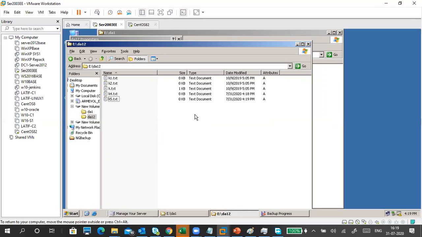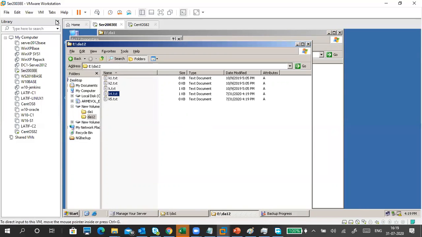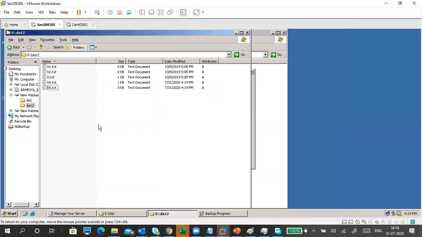K3 is not there. Okay, it's okay. Can you see the date? So we can see the date. It's K4. This is better. K5. Anything you can put, a tick or anything. You can put hello also, just for making data.